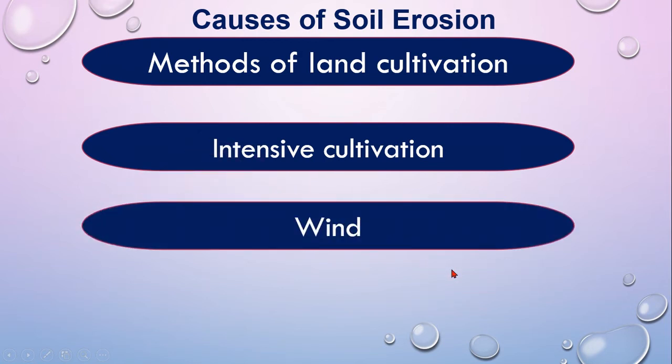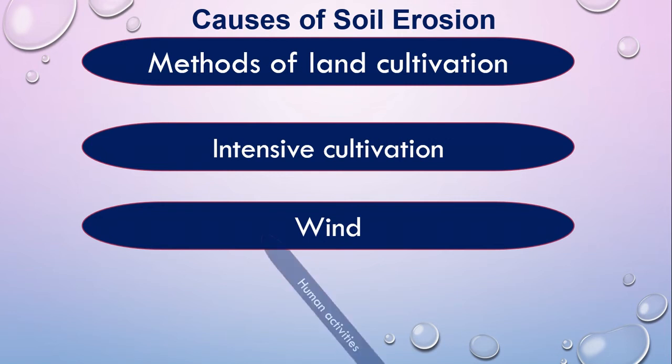Wind, obviously I told you before, is another major cause of soil erosion. Suppose you are walking through the road, and sometimes wind blows, and you feel some sand or some dust go to your eyes, that is soil. That is an example of soil erosion. With a little bit of wind, soil moves from one place to another place. Also in our country, every year cyclones, typhoons, different types of natural disaster occur, and that is another cause of